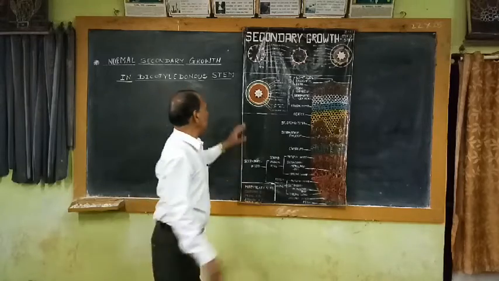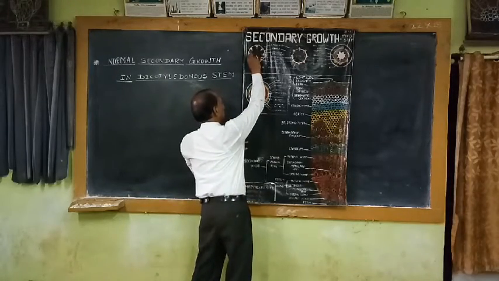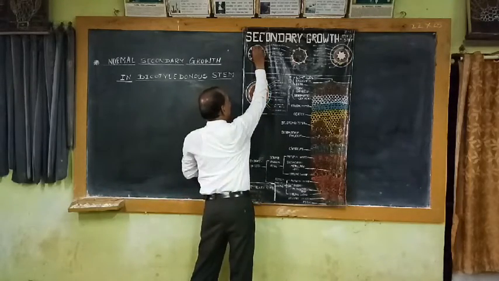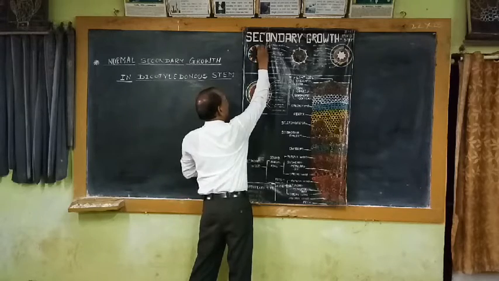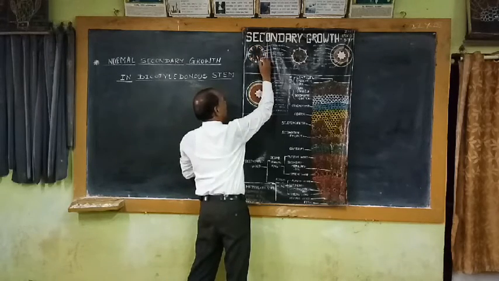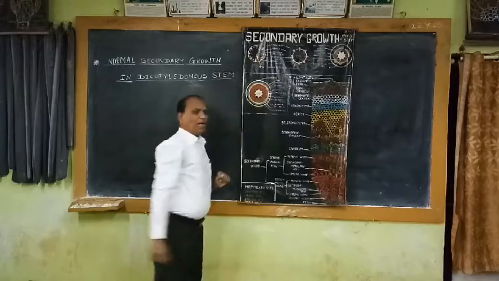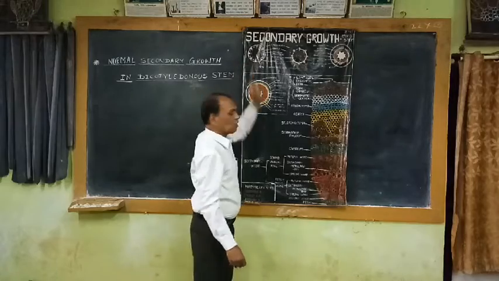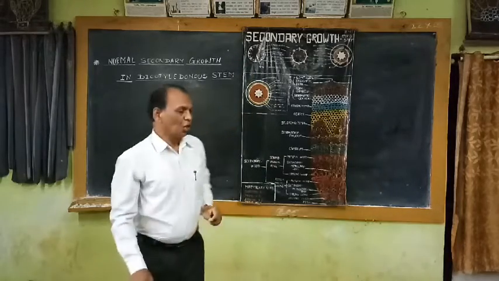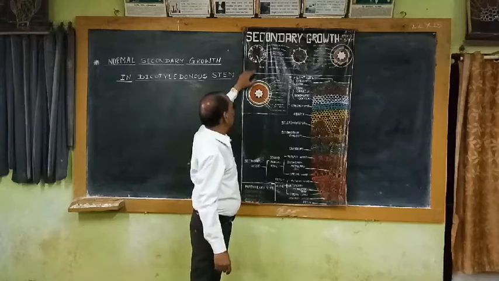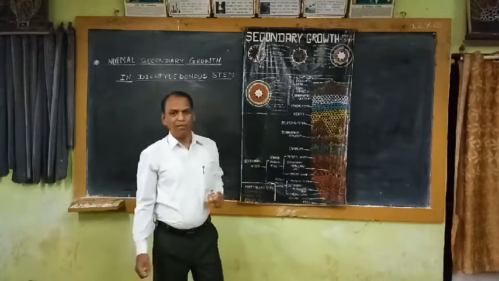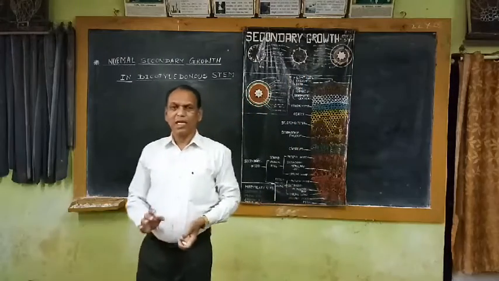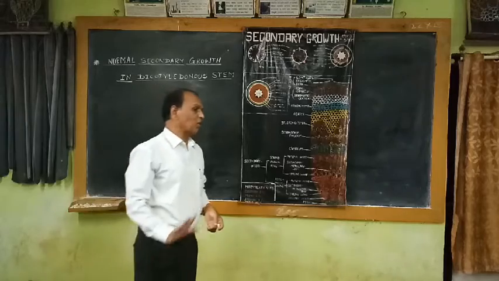So when secondary growth begins, in between two vascular bundles, there are medullary rays. Cells of the medullary rays become secondarily meristematic, and another strip of cambium develops in between the vascular bundles. These strips of cambium are commonly known as interfascicular cambium strips. Later on, due to longitudinal growth, the interfascicular cambium joins with the intrafascicular cambium and a complete ring of cambium is developed. When the complete ring of cambium is developed, the actual secondary growth begins.